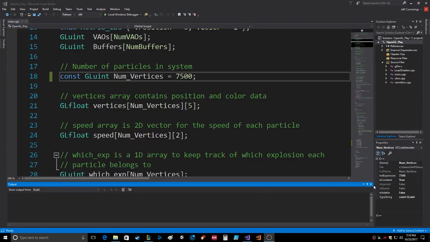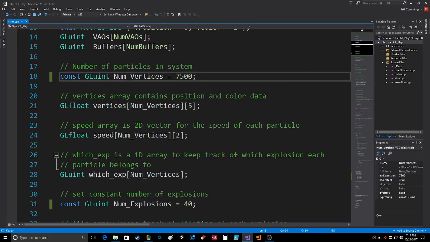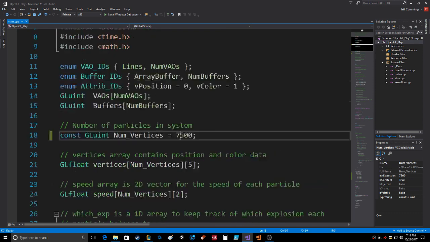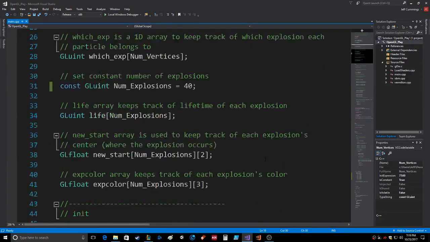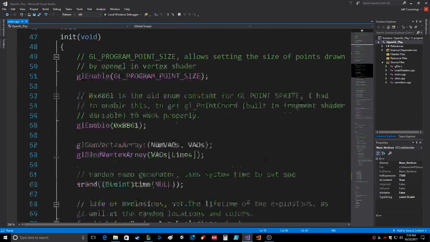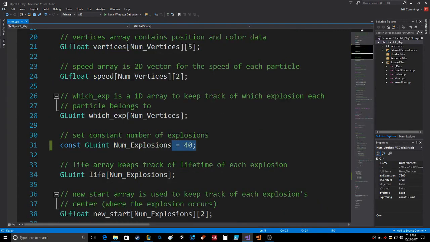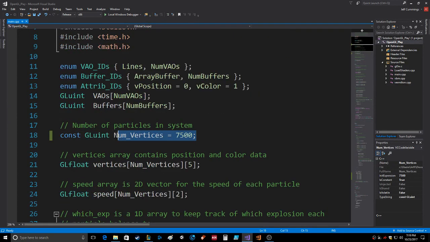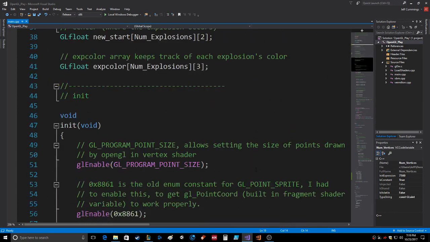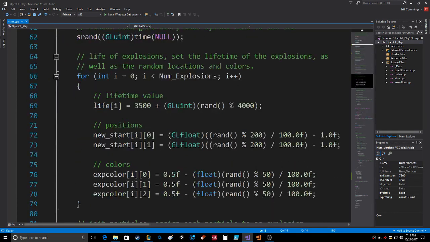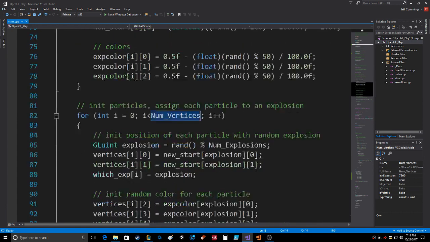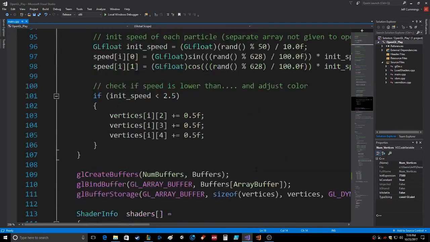Okay, so I went ahead and did a few things that I wanted to show all of you. What did I just do? I just increased the number of explosions to 40 and the number of vertices to 7,500. The main reason I did that, let me show you one of the first things I did,